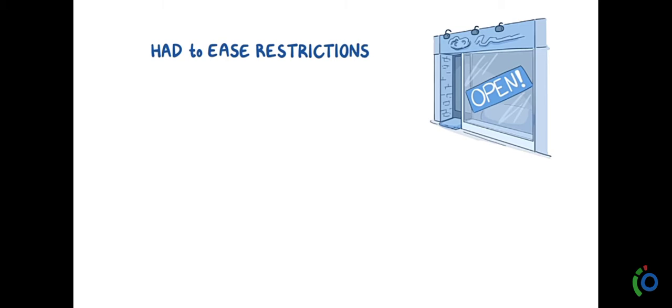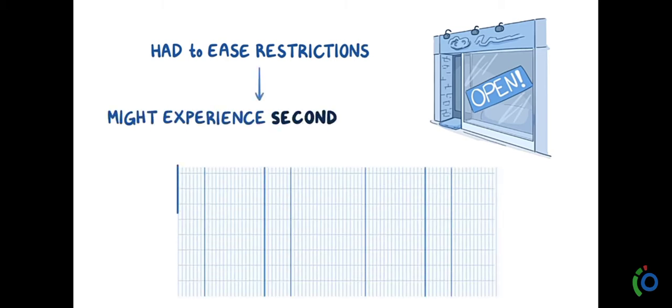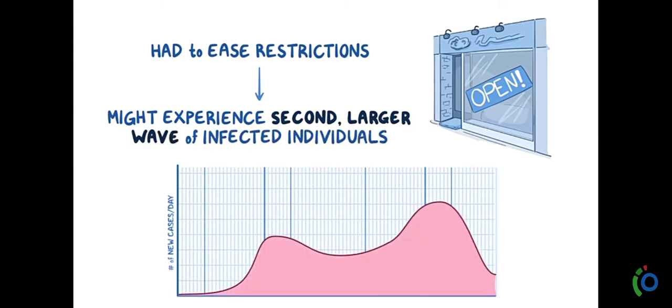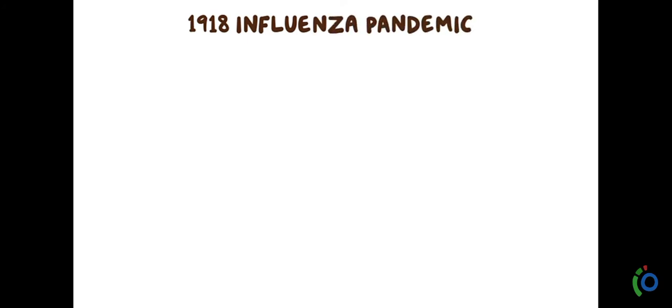Now, as of August 1st, for a variety of reasons, especially economic ones, many countries around the world, as well as many US states, had to ease some of the restrictions enforced. However, when social distancing measures are relaxed too quickly, there's a higher risk of experiencing a second, even larger wave of infected individuals. This is exactly what we encountered in 1918 with the influenza pandemic, commonly known as the Spanish